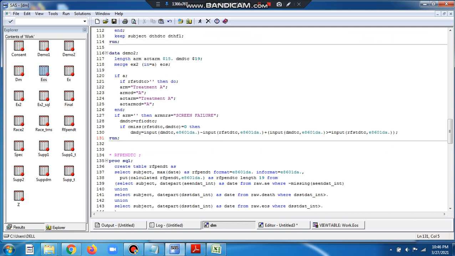And another thing here is the date of demographic data collection, DMDTC, is the same as the informed consent date. So when the patient came for signing the informed consent, we also collected the demographic information from the patient. That's why you see that here DMDTC has the same value as RFICDTC.